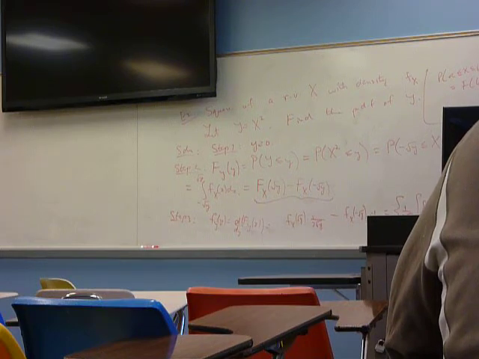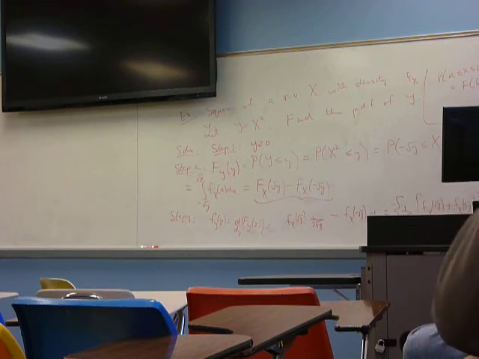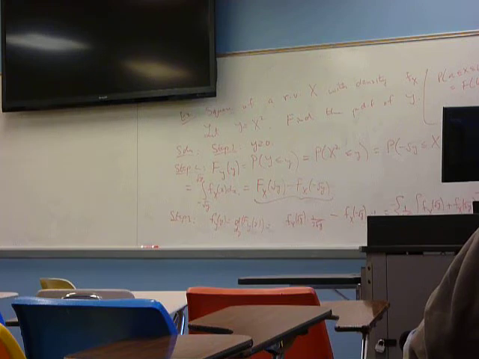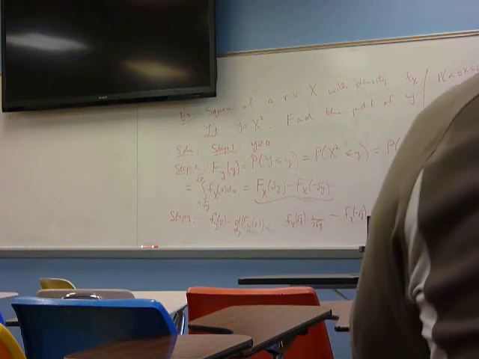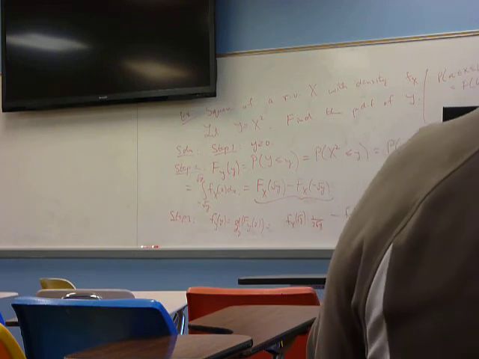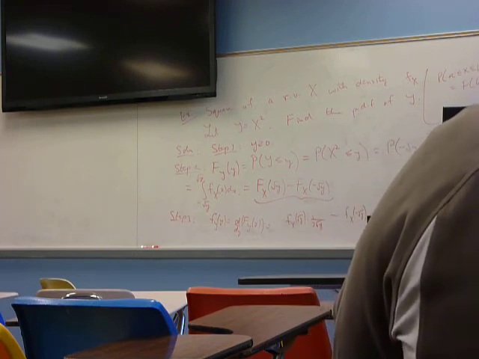So let's do this. Step 1. y takes values of y greater than 0. Step 2. Let's calculate the cumulative distribution function of y. It's just the probability that y is less than or equal to little y. So the probability x squared is less than or equal to little y. This is the probability that